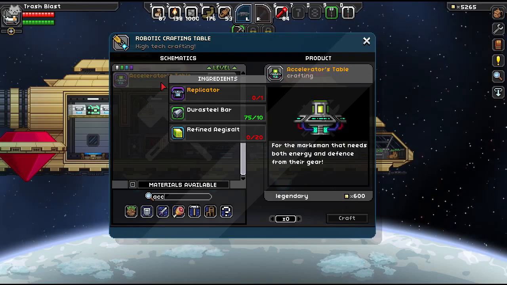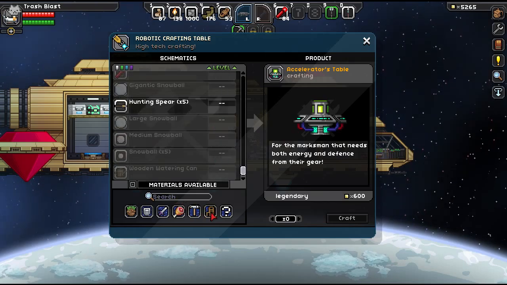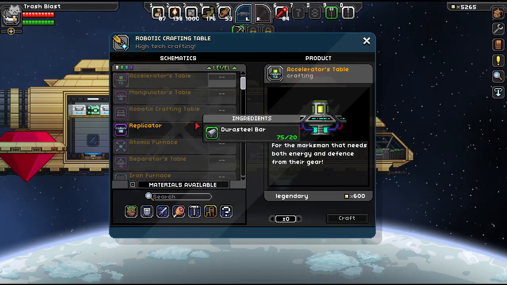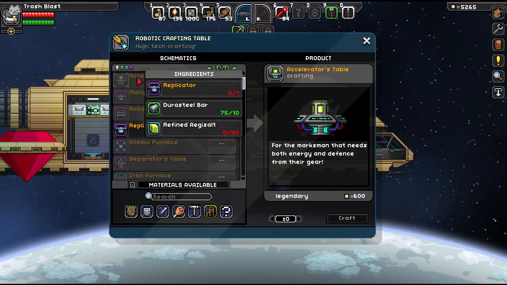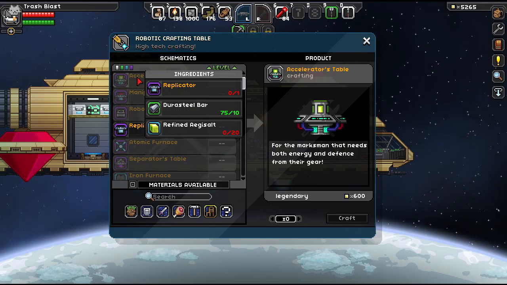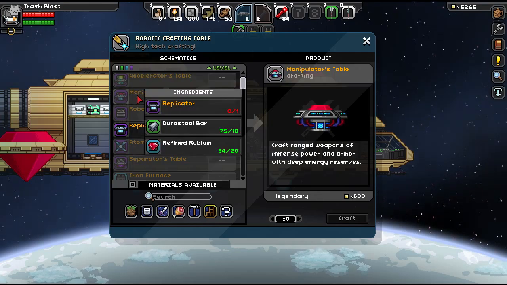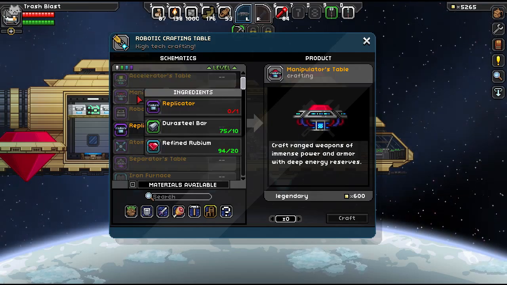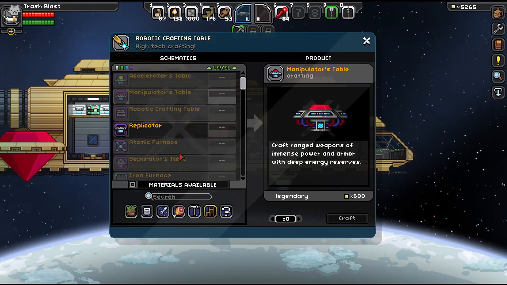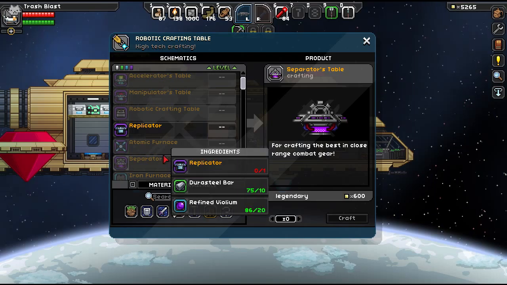So there's the three different types of tables. Actually, we can just go here to this section, I believe. Yeah. No, wait. Jeez. Go there. Okay. Here we go. So there's the accelerator table, which takes Age Assault. That's the Age Assault table. Marksman needs both energy and defense, so it's like a thing in the middle, kind of like medium-y armor, medium-y energy. Rubium does tons of energy and powerful weapons, and then there's a third one, Separator's table, is the Violium, does really close-range combat gear, which,